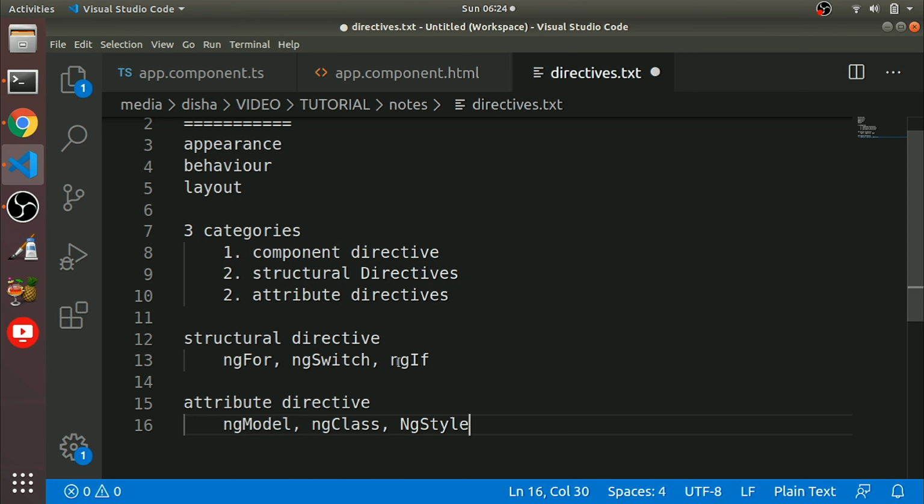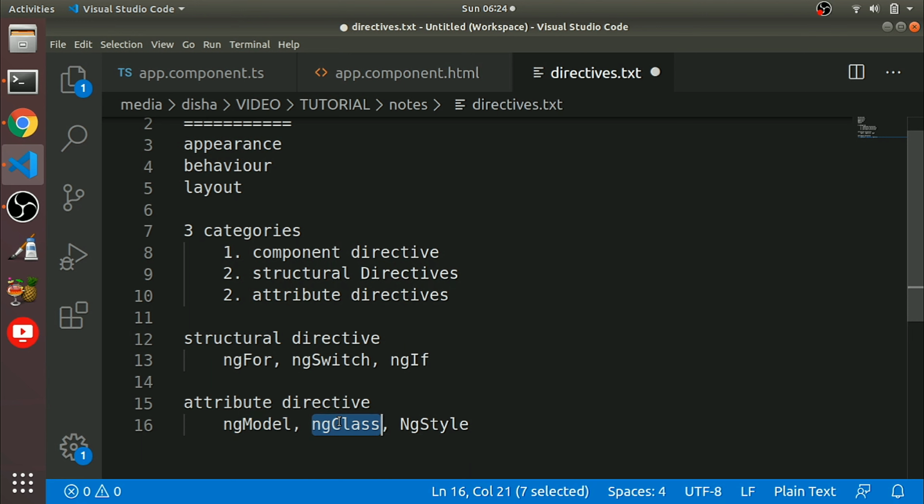So this ng model is very popular. ng model is used to achieve two-way data binding. We had a dedicated tutorial on two-way data binding. You can have a look. Okay, and ng class is used to add or remove classes from HTML elements.